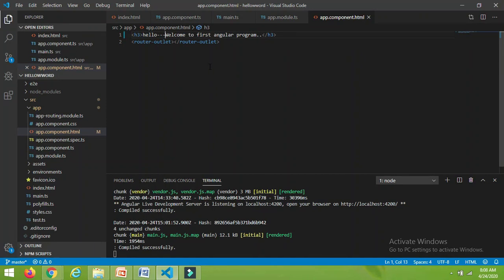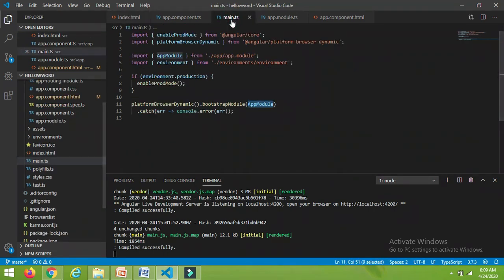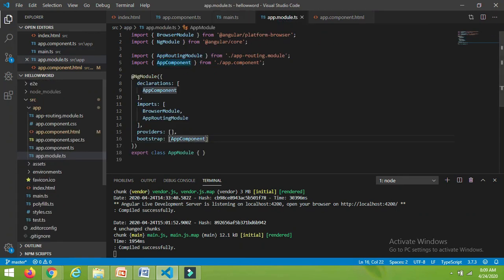Hope you guys are clear with this flow of Angular. First, the index.html file will be loaded. Whenever the file is loaded, Angular CLI appends some script tags. In the script tags we have the main.ts file. In the main.ts file we are bootstrapping the app module, and in the app module we are bootstrapping the app component.